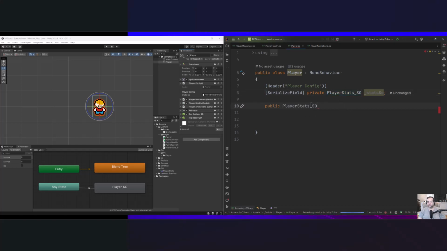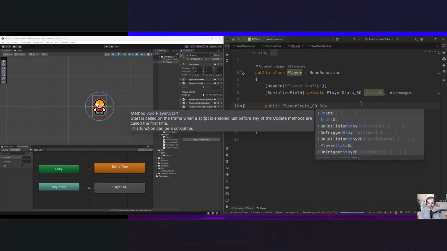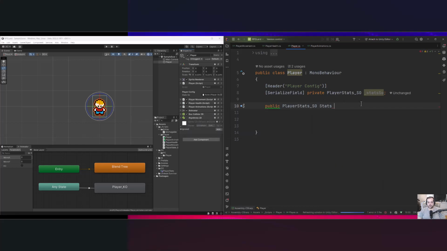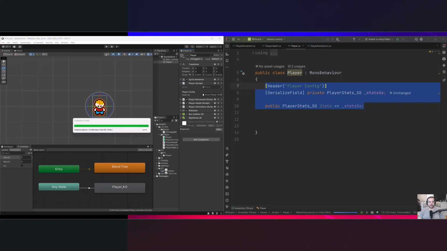Because it's public, I'm going to make it capital, so Stats. Then we're going to make this equal to, using a lambda expression, _statsSO. So we're not accessing this one directly, and we have to be explicit when we reference this exact stats one. By doing this, we're saying this is directly connected to this one right here. Remember, this also gives us access to everything that's in this scriptable object,